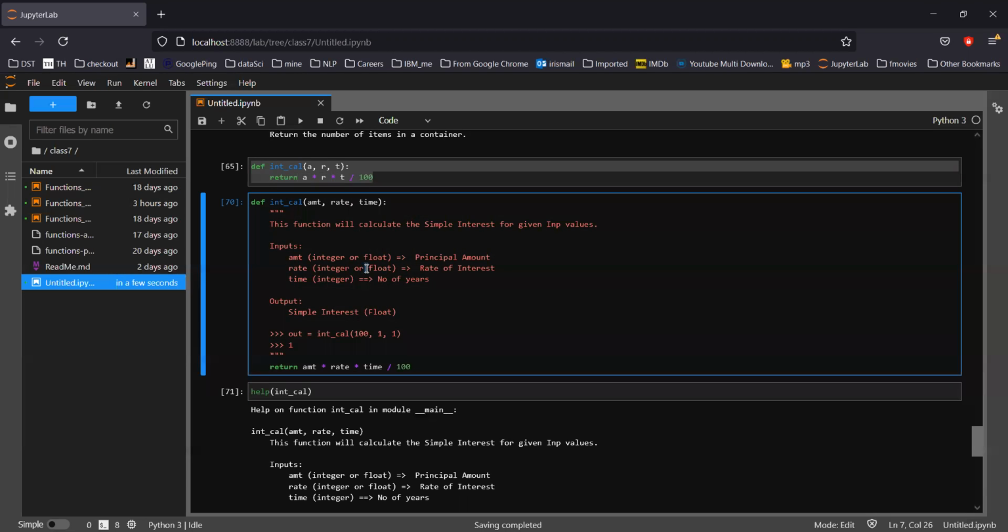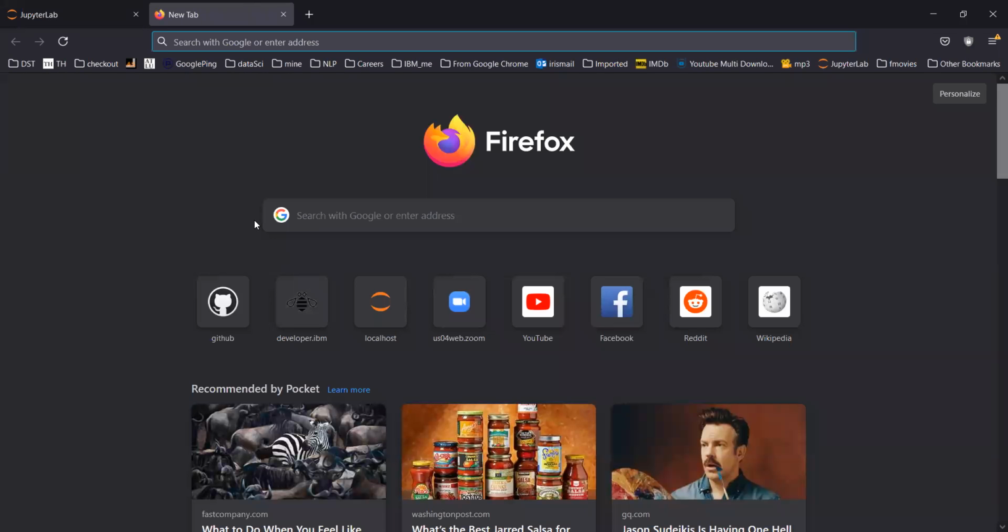So in the next session on Tuesday, we are going to see how we can define a library, how we can give it to someone else, and how they can use it. Okay, and then we will go through a few more libraries which you are going to use in day-to-day life. But as I told, there are millions of libraries available in Python,